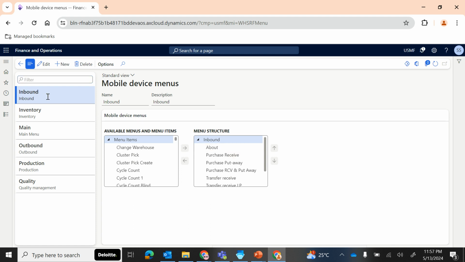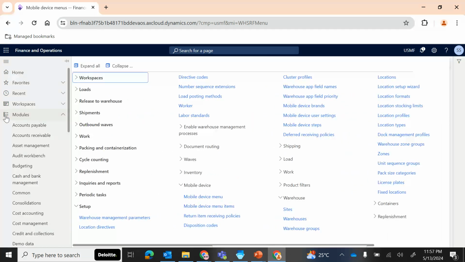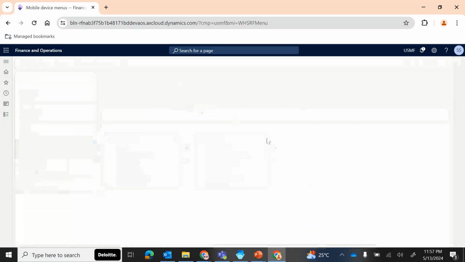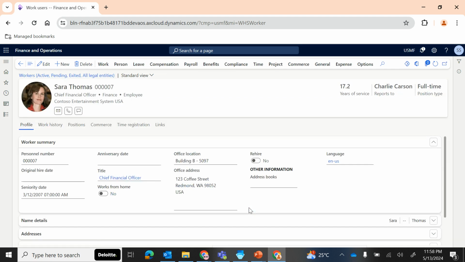It can be inbound, which can be given to the receiving team, and inventory can be given to the warehouse operations team. Outbound can be given to the picking and packing team. Like that, you can configure a menu, and this menu needs to be assigned to the worker. For example, in the worker section, if I go to Sarah Thomas, you see I have not given the menu name. If we are not giving a menu name, then even though we log into the mobile device, we will not be able to see any of the